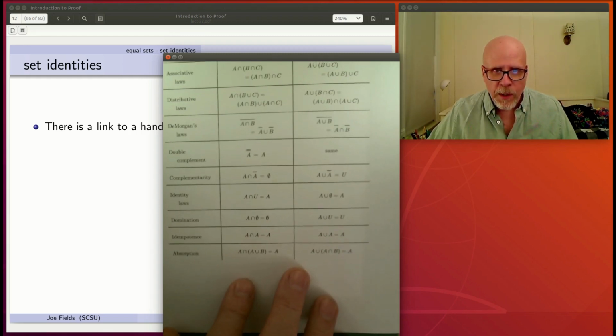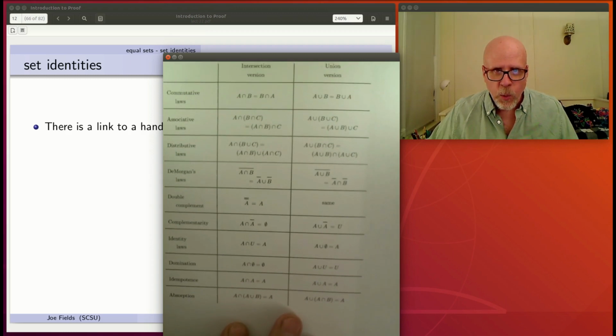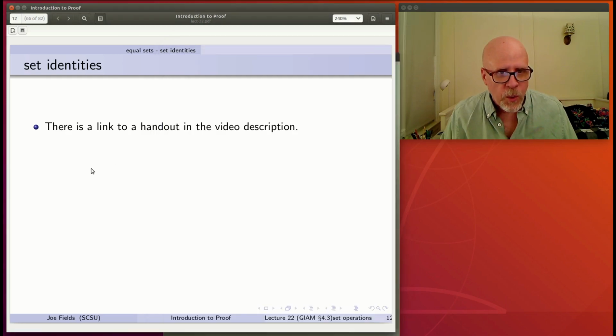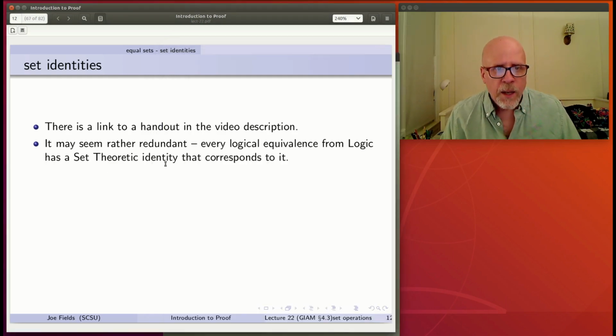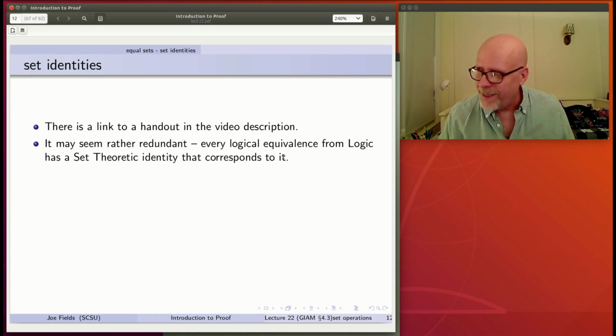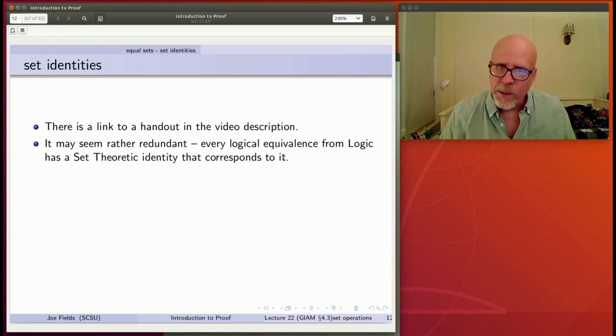All right, so I think that's enough of a whirlwind tour of the table of basic set identities. We don't need to say too much more about it. I'll just say, well, this is true too. It's a little bit redundant because everything that we just did is a mirror of something from logic. But in a few places, the layout is different, so it's kind of nice that we